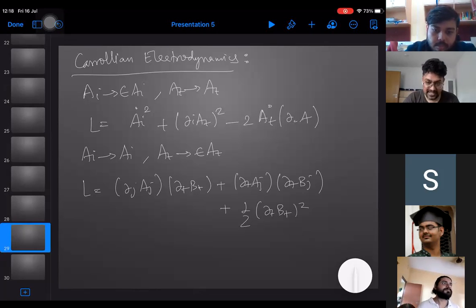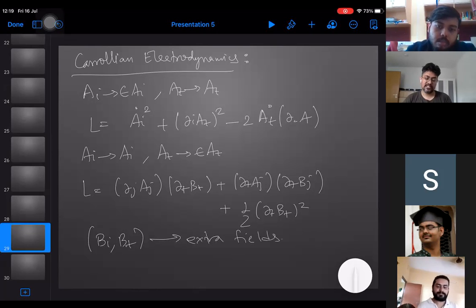So over here in the second limit, as you can see, to build the Lagrangian we have to consider some extra fields. These are the extra fields which we have considered. And these Lagrangians are basically built using a technique which we call the Helmholtz conditions. It is kind of an inverse calculus problem, because in the relativistic case, first you have the Lagrangian, then you find the equation of motion. But in this case, we already have the equation of motion, and now we are trying to construct the Lagrangian out of it.